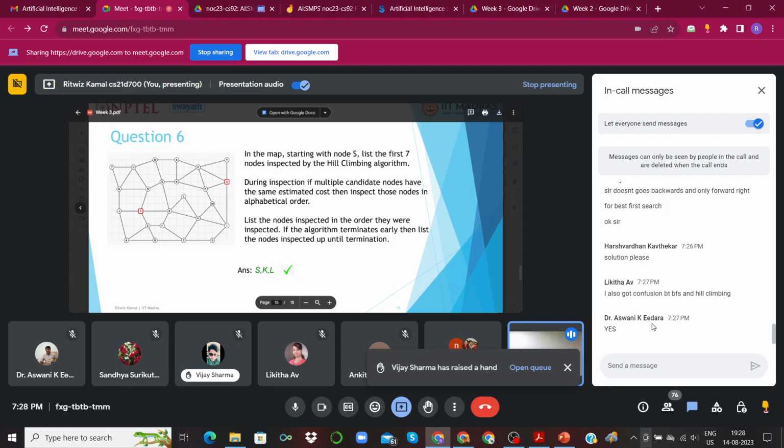So Likita, is your query clear now after discussing the solution, or do you still have a confusion between best first search and hill climbing? The thing to remember here is that hill climbing will specifically only go for solutions which are strictly better. But in best first search, since we're using the priority queue, we have that option. For example, when we were inspecting L, we had the option to also go to H.